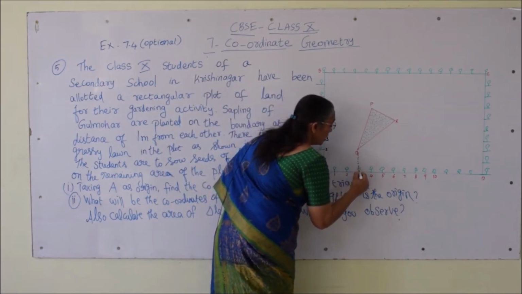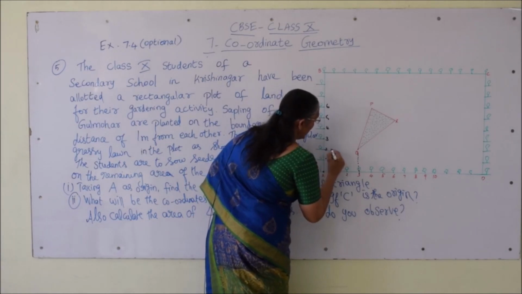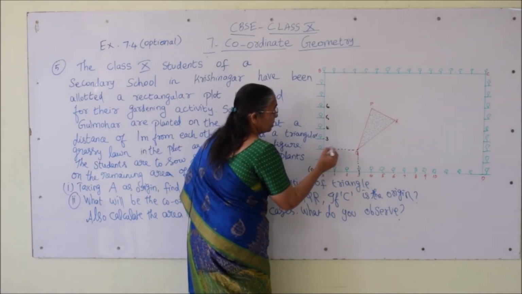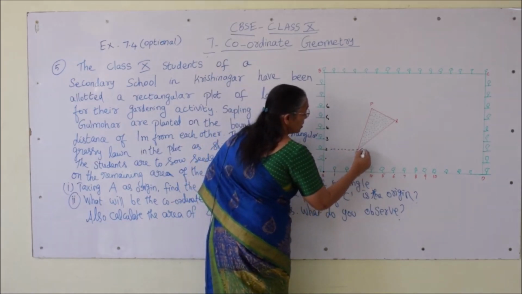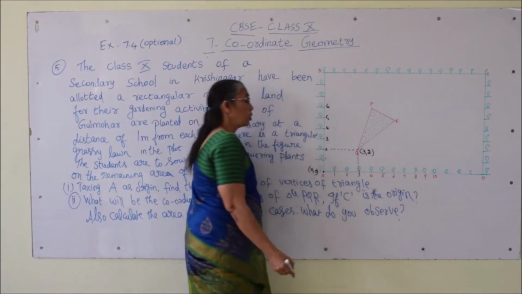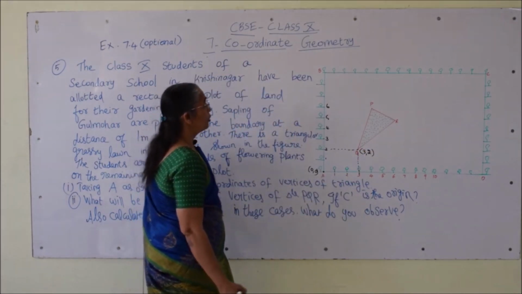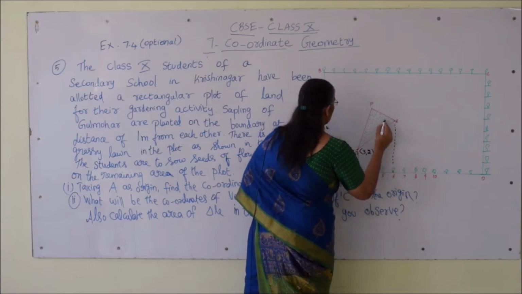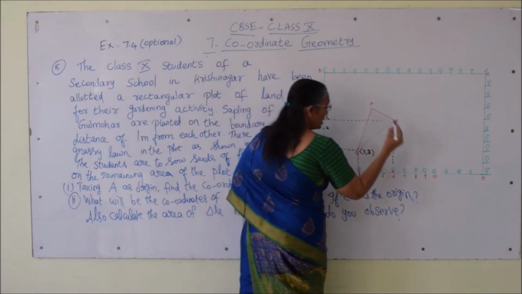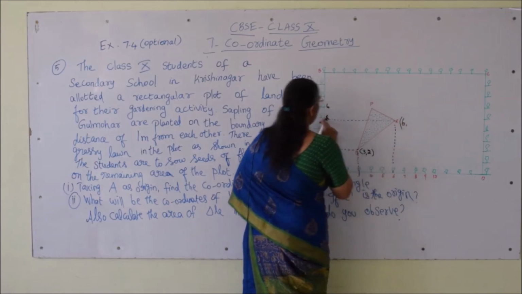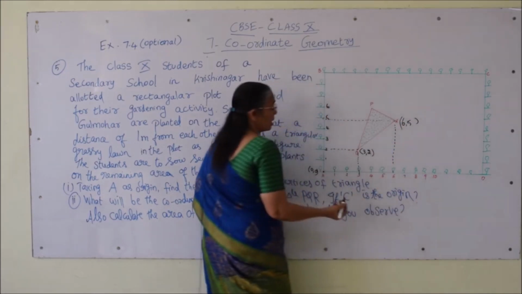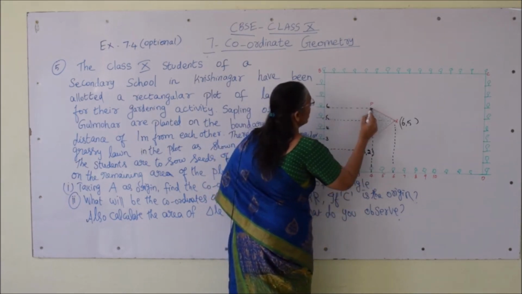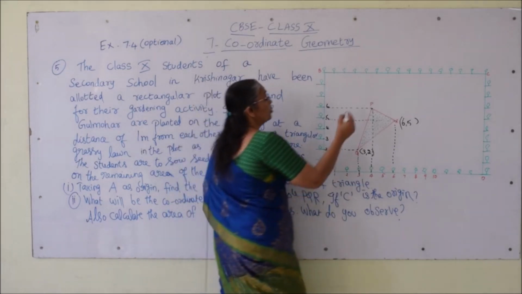Let me drop a line here. The first one is the Q vertex. If you see, it is at a distance of 2 units from the x axis and 3 units from the y axis. So, the vertex is 3, 2, the Q vertex. Now, similarly, for the R vertex, let me drop a perpendicular. So, the R vertex is 6 on the x axis, 5 on the y axis. So, 6, 5. And let us see the P vertex. The vertex of P is 4, 6.